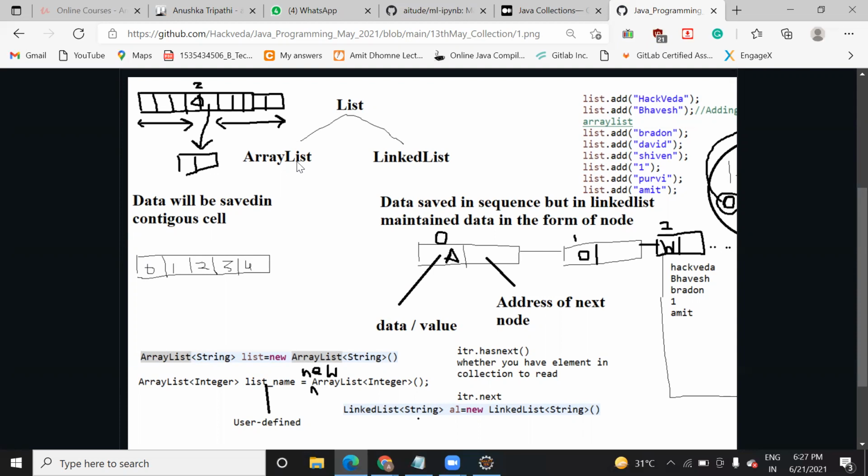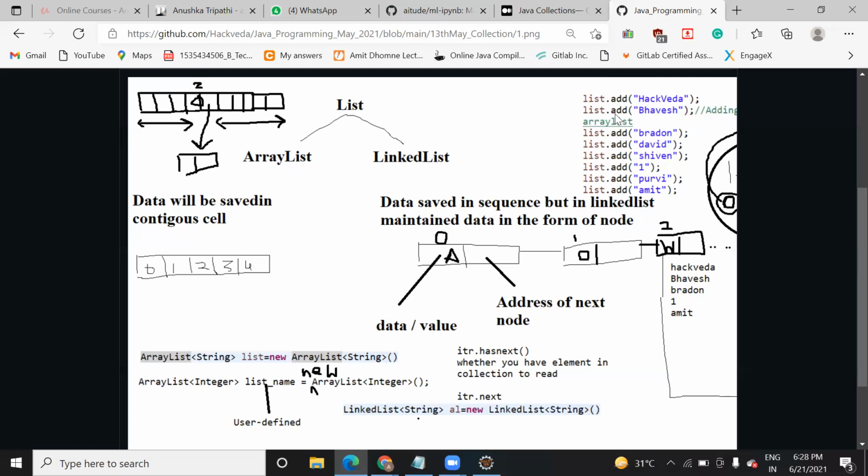But which one is more efficient that we need to follow, right? Now the question that you are asking is that we have an array list and an array also, why do we go for an array list? The question is simply that with an array list, they are giving you a lot of functions, and with the help of the add function you can directly add an element in the collection.